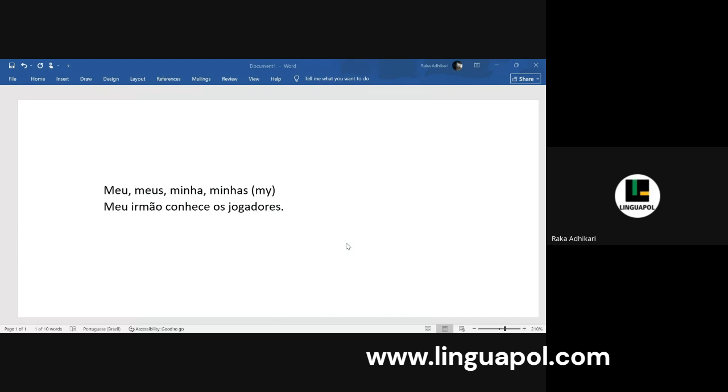इस सेंटेंस में हम meu irmão यूज कर रहे हैं. This only gives us the fact that irmão is masculine. We don't know who this person is behind the sentence. Whoever is the speaker of this sentence, we don't know the gender of that person who is the speaker of the sentence. Why is it so? Because the gender of the possessive pronouns is decided by the gender of the object and not the subject.